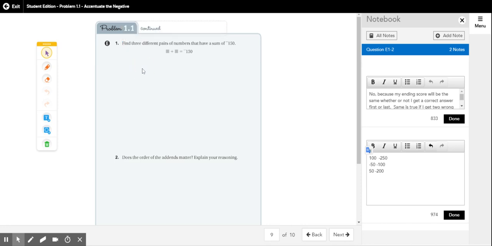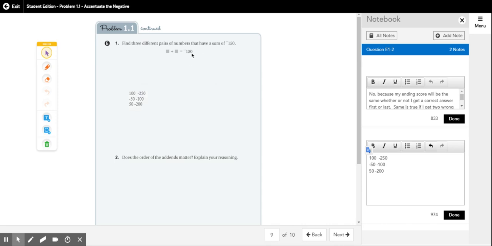Your student could have come up with a different answer, that's fine. They may want to use different answers, that's fine too, as long as they understand what's going on. So we're going to add 100 points and negative 250 points. Let's say the team started out 100 above 0 and they answered a 250 point question wrong. When you put this point value and this point value together, that's addition, you end up with negative 150